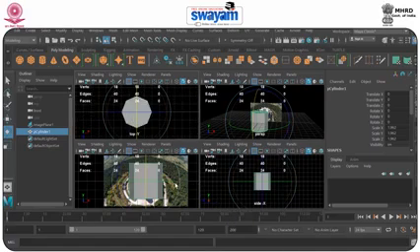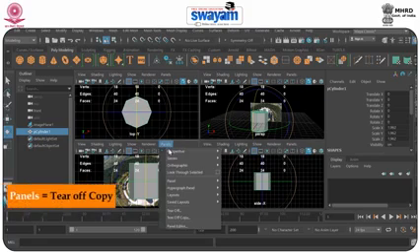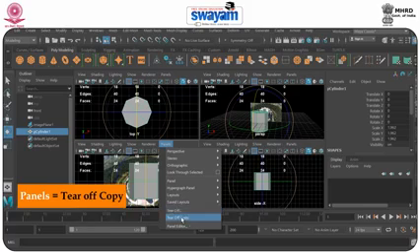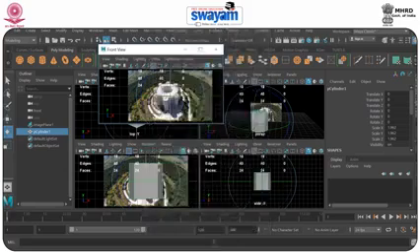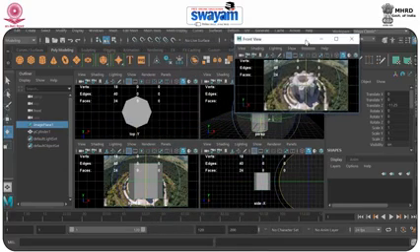So here you can see the reference is going to be hidden. So what we can do, we can use the panel and use the transparency of the copy option here and hide the polygon from here. Now here you can see the reference is available here.